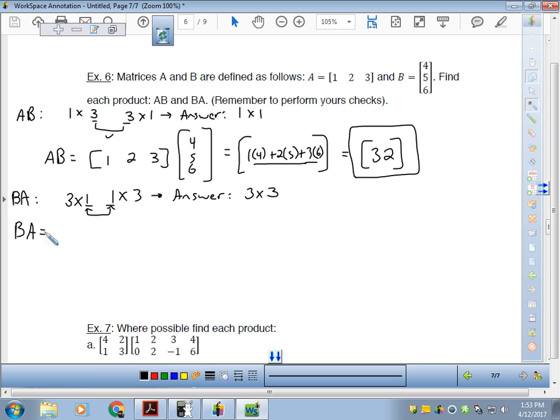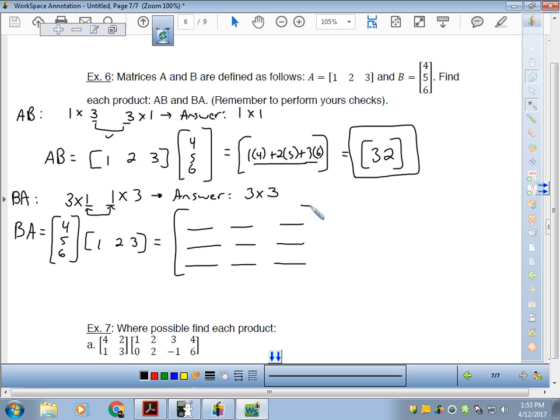So when we set it up, we're going to have B times A, which is the matrix 4, 5, 6, times the matrix 1, 2, 3. And we expect our answer to be a 3 by 3. So 1, 2, 3, 1, 2, 3, 1, 2, 3. So to find the element here in the first row, first column, we are going to take the first row